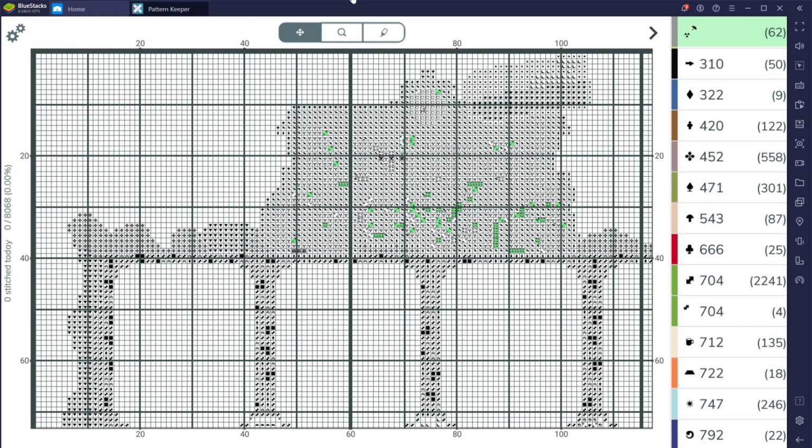So up here are your main tools while you're working in Pattern Keeper. This is your search function. This is what allows you to click on a symbol and find out what color it is and where the nearby stitches of that same color are. So say you're being me and not Snow Laugh, and you're actually starting at the top, or you're starting in a corner. And you want to see how many stitches of this color are in the area. If you use the magnifying glass and you click here, it allows you to highlight that color and all the stitches in the color, so you can see, all right, approximately where are my nearest stitches, how far am I going to be traveling the thread potentially,